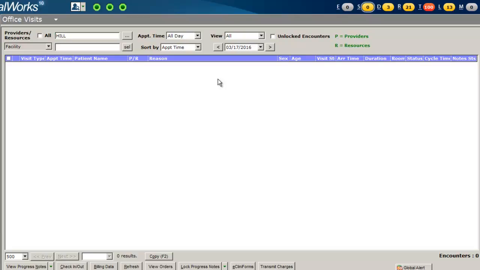This is the office visit screen. This will be the default screen every time you log into ECW. Here, appointments are scheduled under Resources, so you will need to select a resource in order to view your schedule for the day. To select a resource, click on the ellipses button next to the